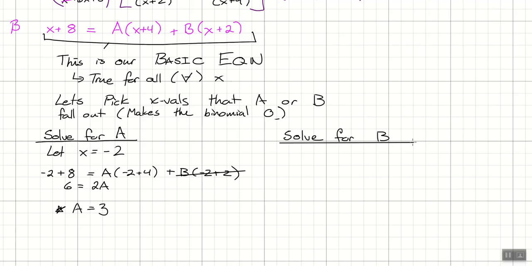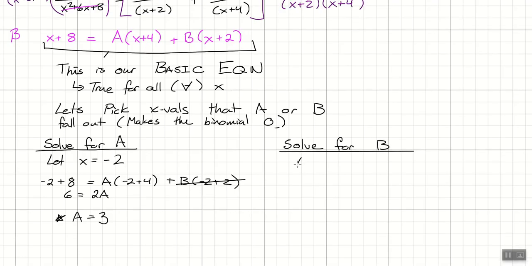Physically write down let x equal. Tell me what you're choosing so that we can get a to fall out and we can solve it for b. If we want a to fall out of this so we can solve it for b, what should we let x equal? So if we let x equal -4, we would get -4 plus 8